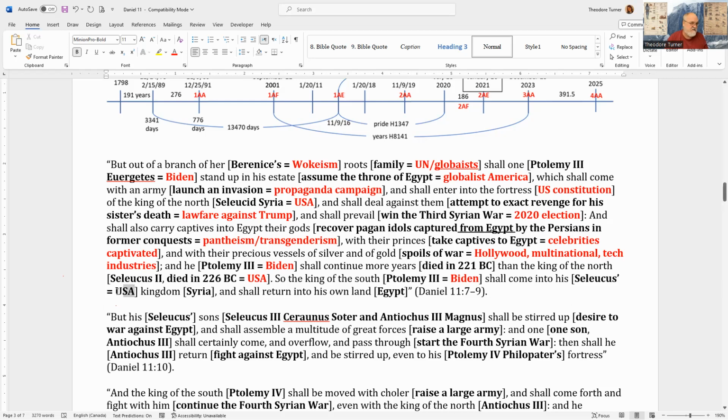So we're not really making a distinction between the king and Syria, other than this is the USA as a land. So the USA government. I'll just put here government. The kingdom of Syria is the USA proper, the land. So we can just do it like that.